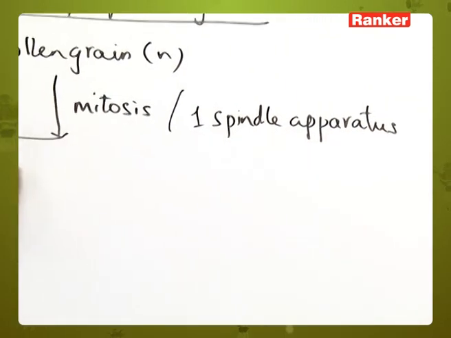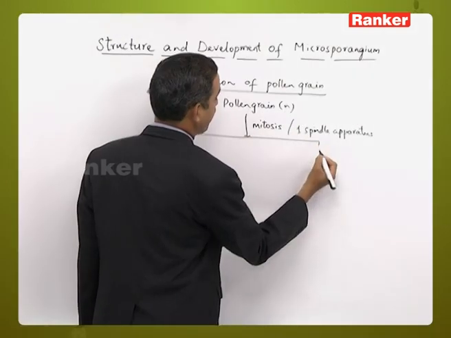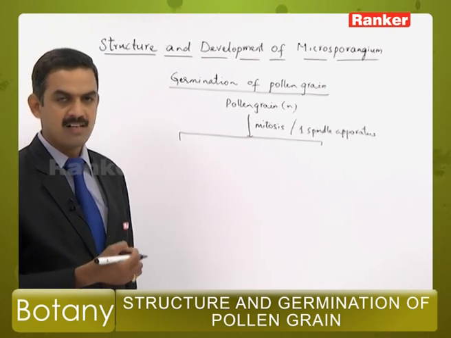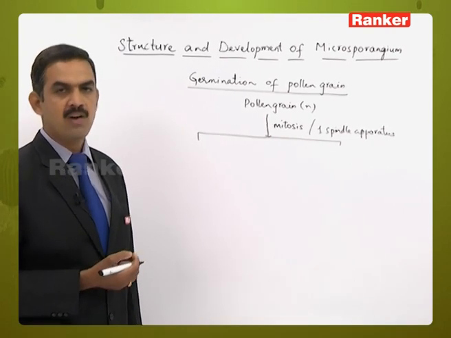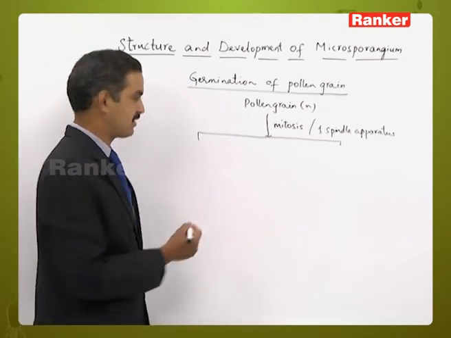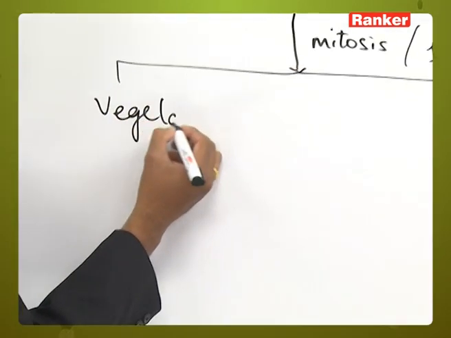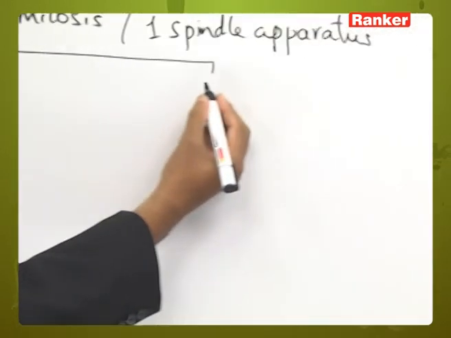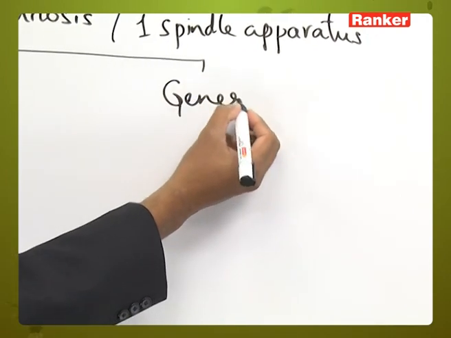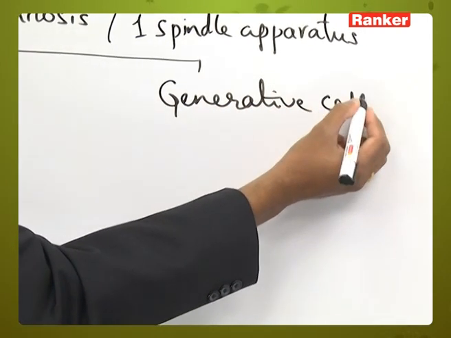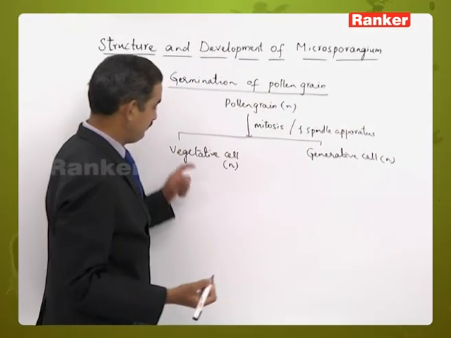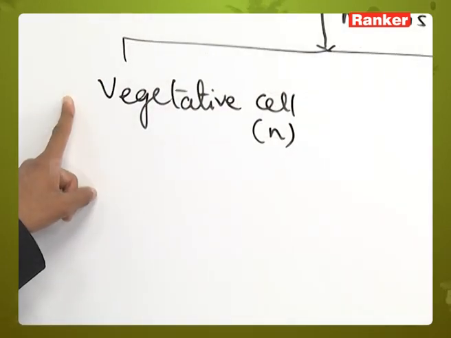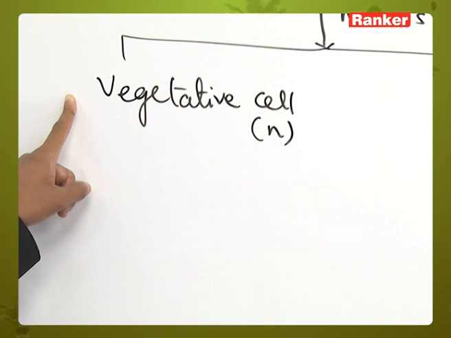This pollen grain, because of mitosis, and this mitosis is also unequal mitosis. Why? Because of the two cells resulting, one cell is larger in size and one cell is smaller in size. So the vegetative cell, which is haploid in condition, and the second one is a generative cell that is also haploid in condition. So this is the first division of the male gametophyte which is taking place inside the anther or pollen sac,